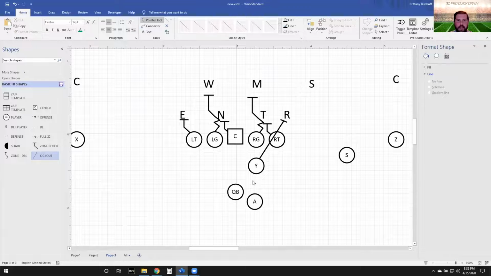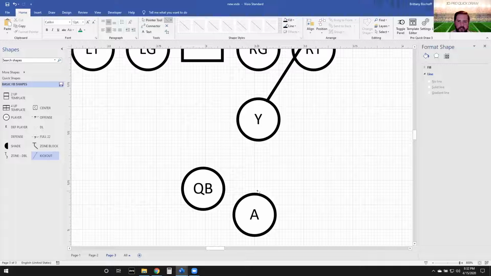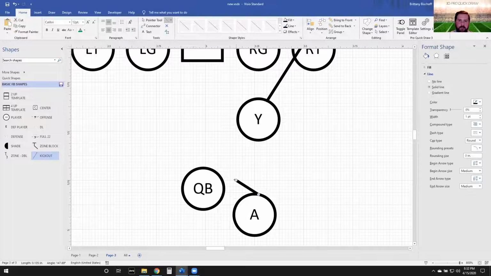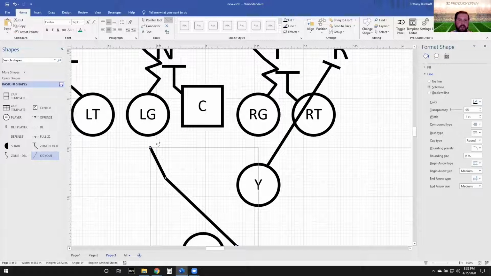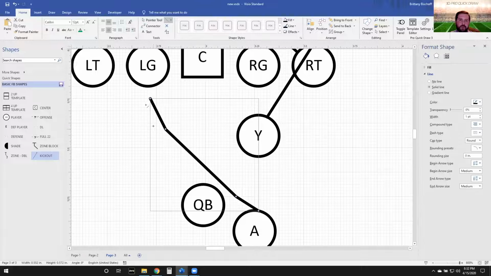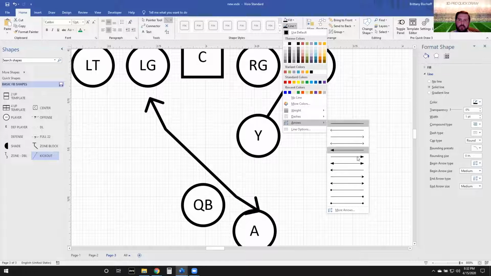Now I need my quarterback tailback action. Control-6, you can show a little flat step going here and then draw that line going off vertical to show that that's going to hit on the front side of that nose. So once you're done with that drawing, you go up to your line, arrows, and then you can choose whichever